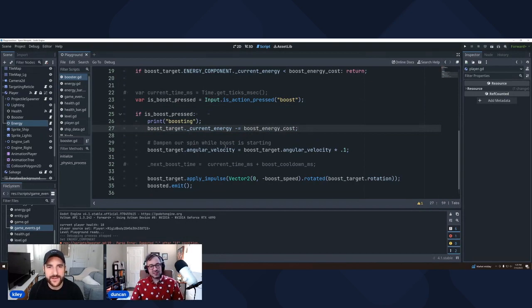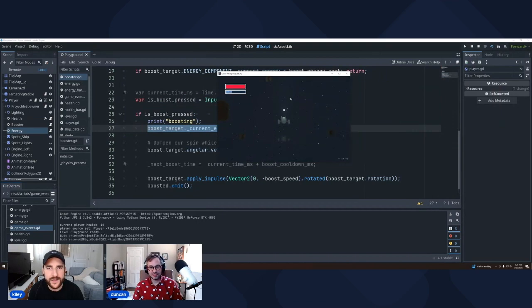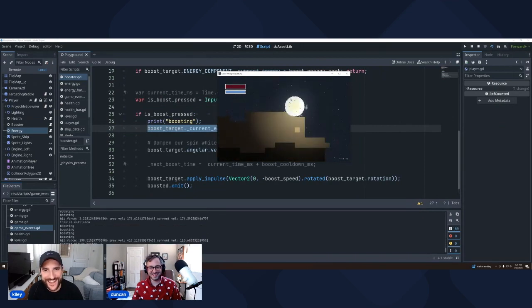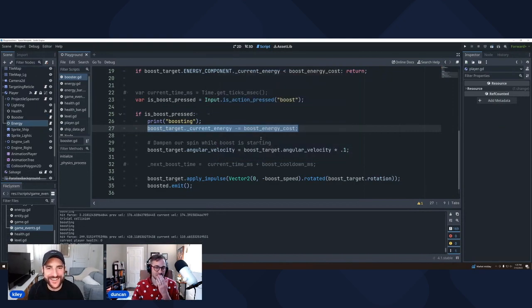Okay, let's just see if this works. I already know there's going to be a problem with this, but let's see. I'm trying to boost, but I can't, because I haven't had halfway. Now you boosted, but it didn't take away your energy, you're constantly boosting, right? Yes. Now you're busted. You boosted until you're busted. So I'm not exactly sure why.